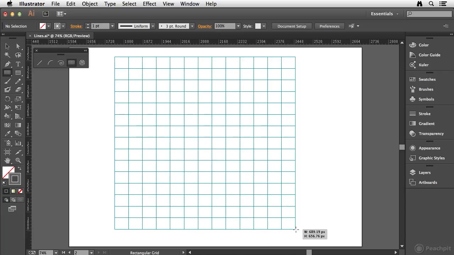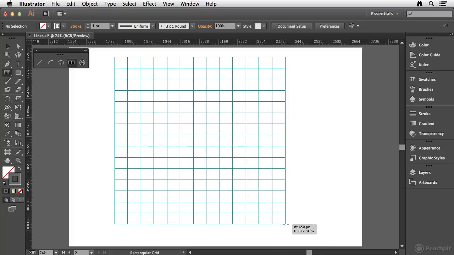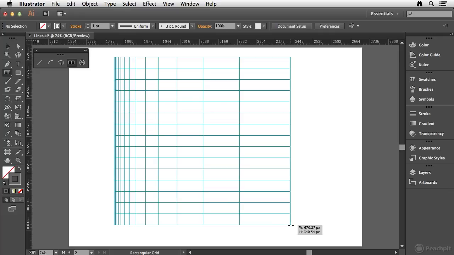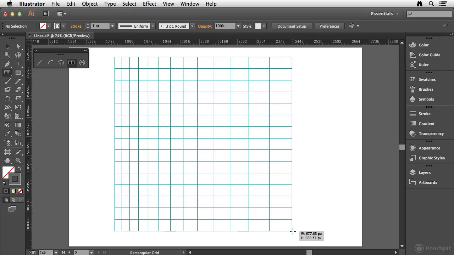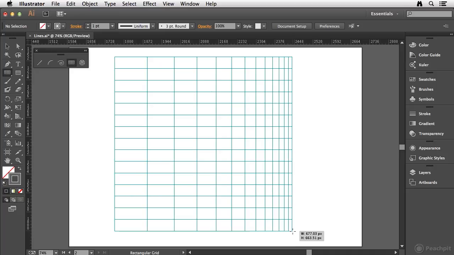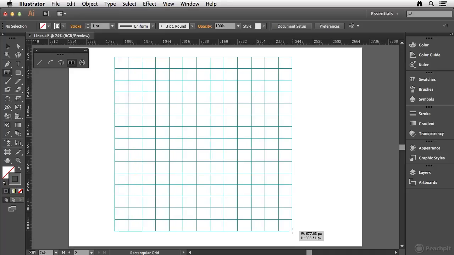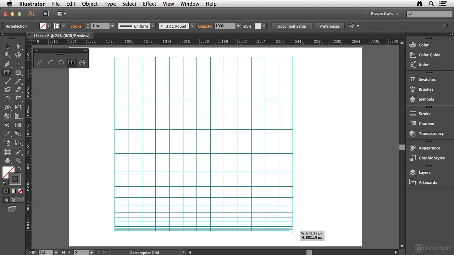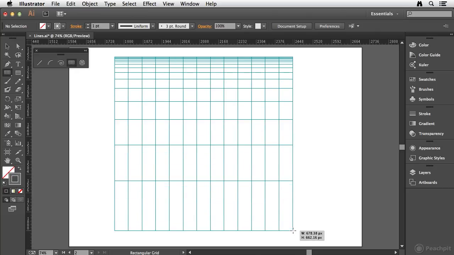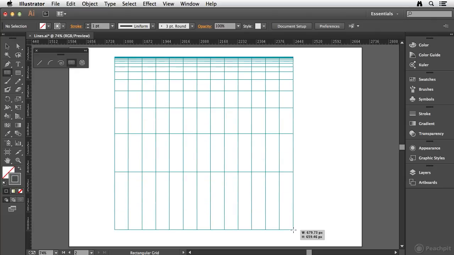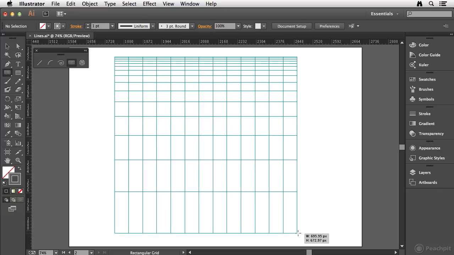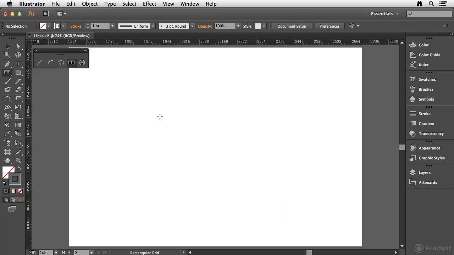And in addition, what you can do is you can use 4 keys on your keyboard as you're dragging. And that's going to be the X key, which is going to shift the grids to the left. You can use the C key, which will shift the grids to the right. And then you can also use the F key, which will shift the grids to the bottom, and the V key, which will shift the grids to the top. Now, these generally move in a pretty drastic fashion with the keyboard shortcuts,